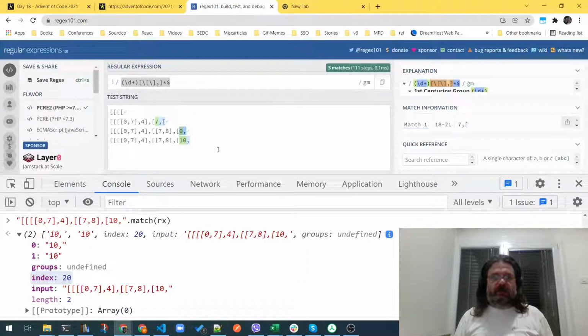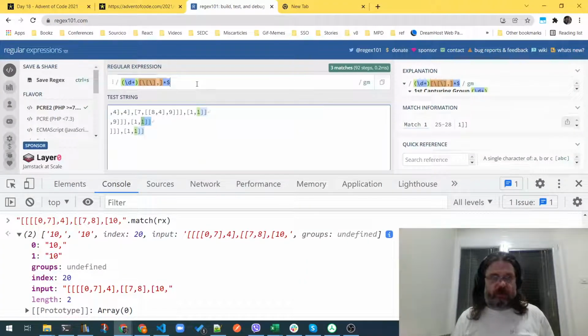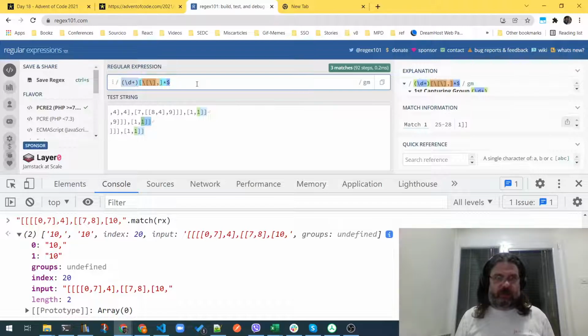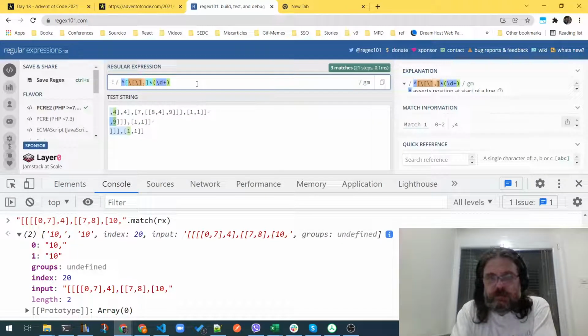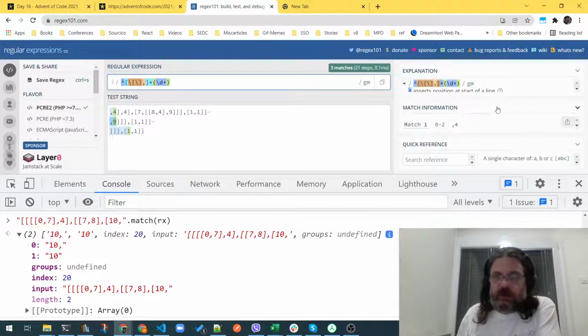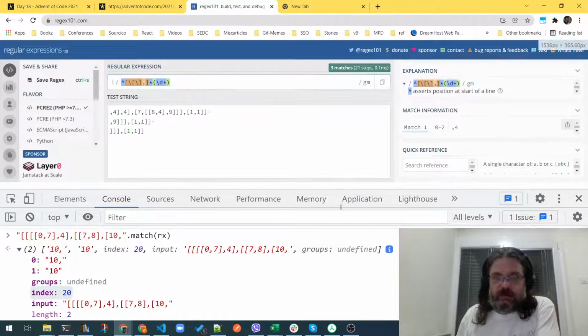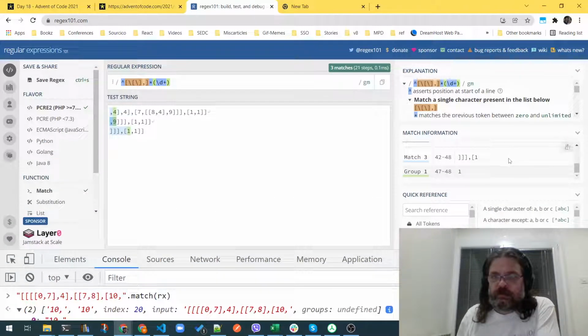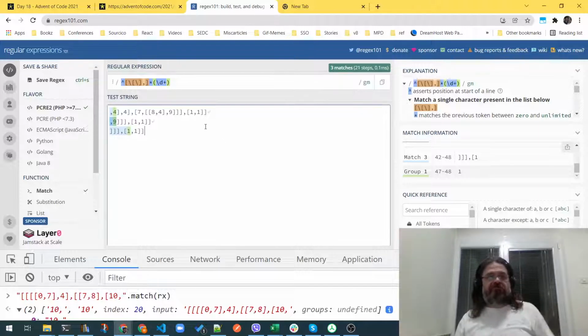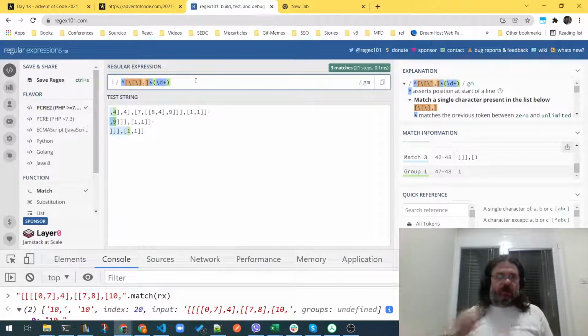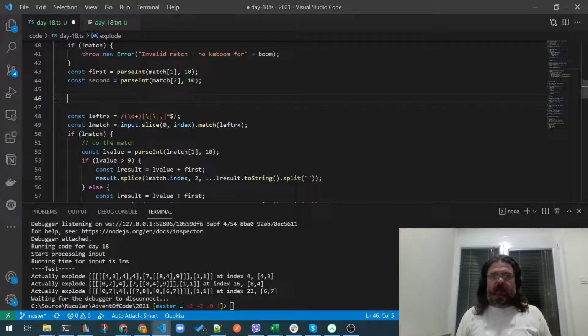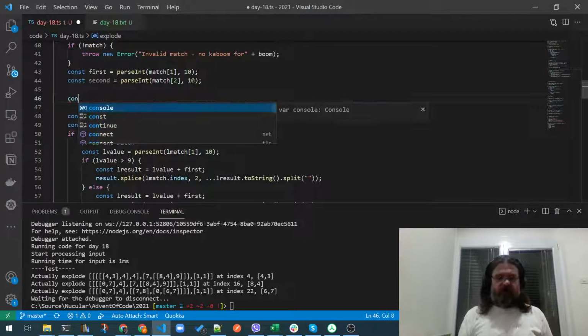And I think the same regex will be quite okay for us, only now it's the other way around. Yeah, we got the 4, and we got the 9, and we got the 1. Cool. Start and continue. Let's just make sure